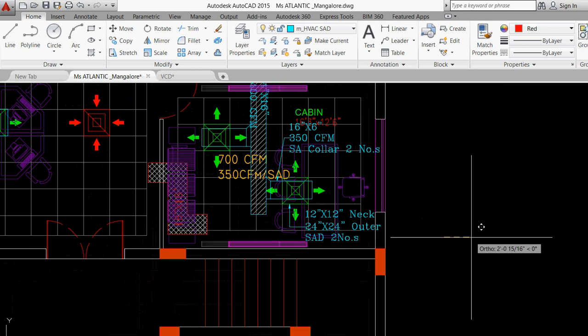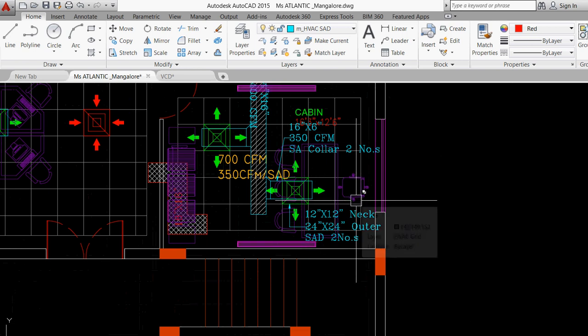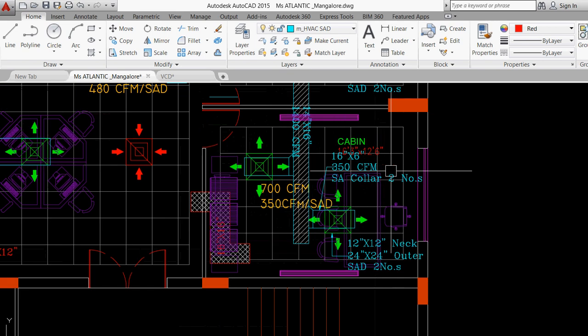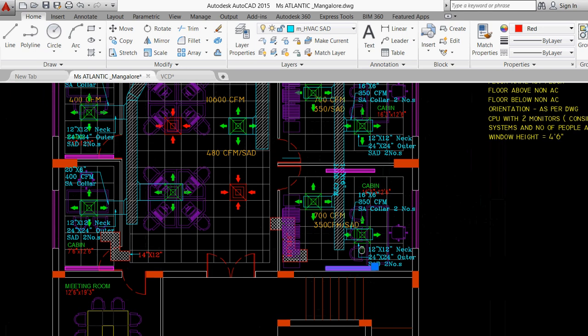There is nothing like a distance here. On the gypsum band I'm keeping it. On the grid ceiling I'm not keeping. Why are you bothered if he asks you something? If you don't, what are you asking him? Okay, basically what we have to do is wherever the grid ceiling is there, surrounding that we have a gypsum band, right? In the gypsum band, basically we'll place it. Clear?